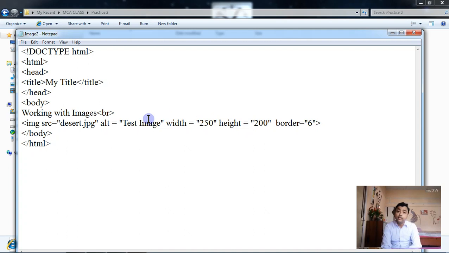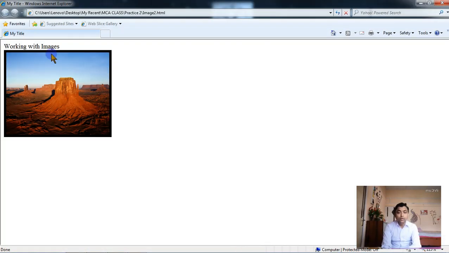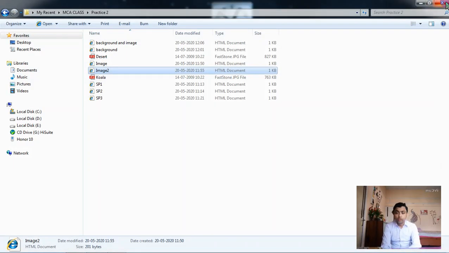In the previous example there were no other attributes like border, height, etc. So it will give a result like this, and remember you have to save it as an .html file. Now run it. Now you can see working with images. The height and width of this image have been adjusted. There is a border. Now these are working like this.